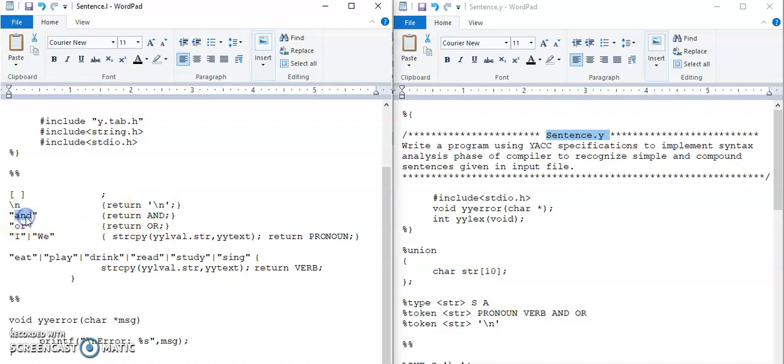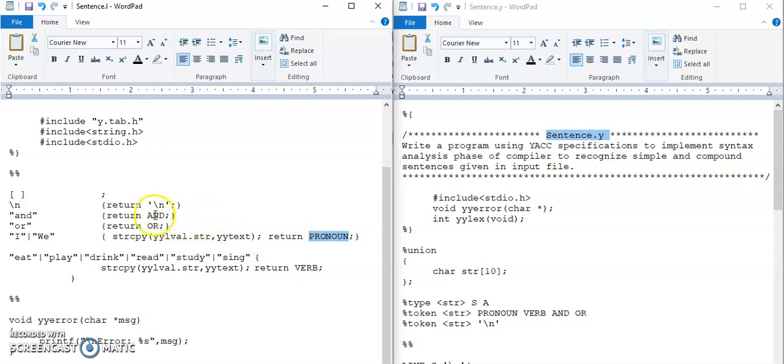If the input is "and", then the token AND is returned. Then if the input has the word "or", then the token OR is returned. If the input is either "I" or "we", then we will recognize them as pronoun.